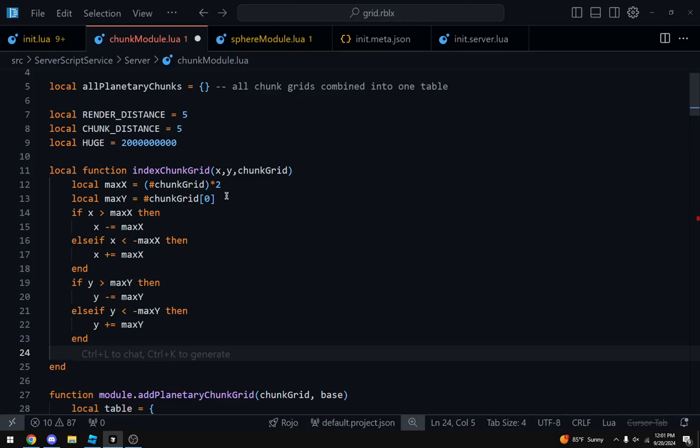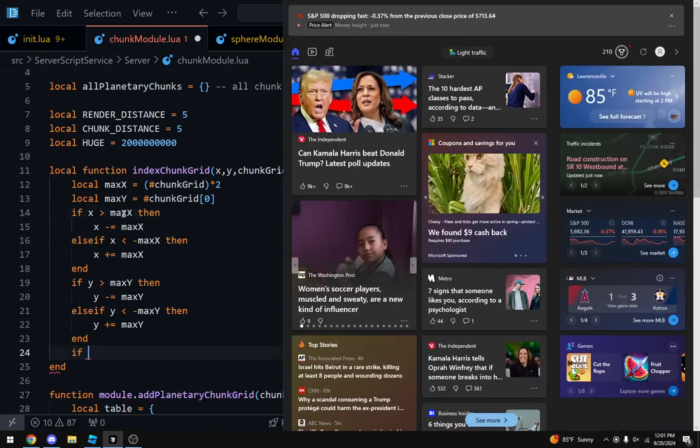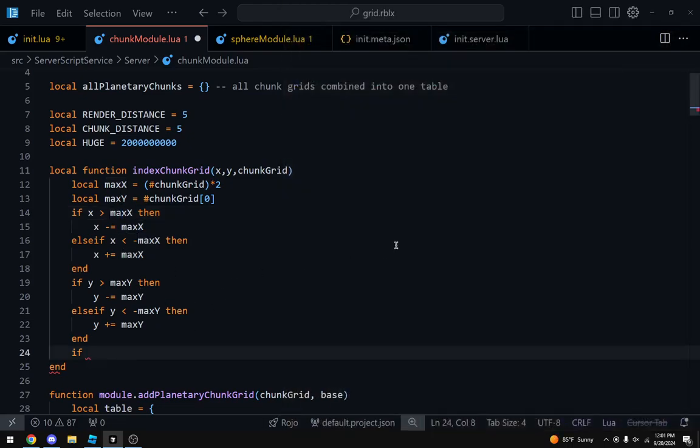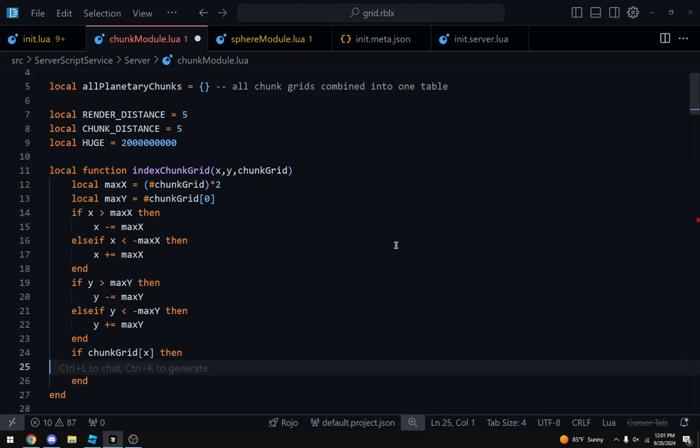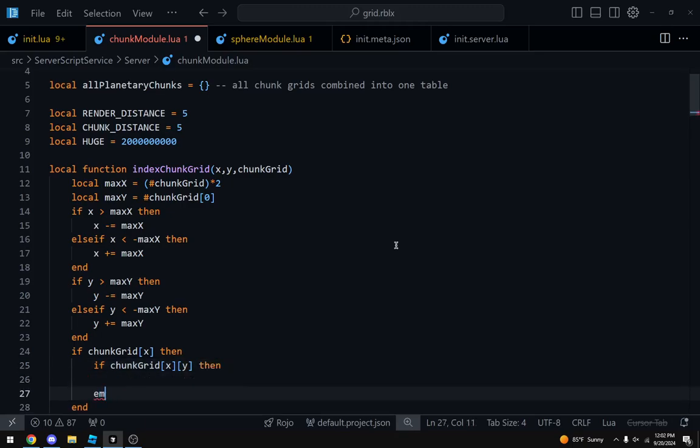And so now we want to check if this exists. If chunk grid x, then we do if chunk grid x y, then return chunk grid x y.